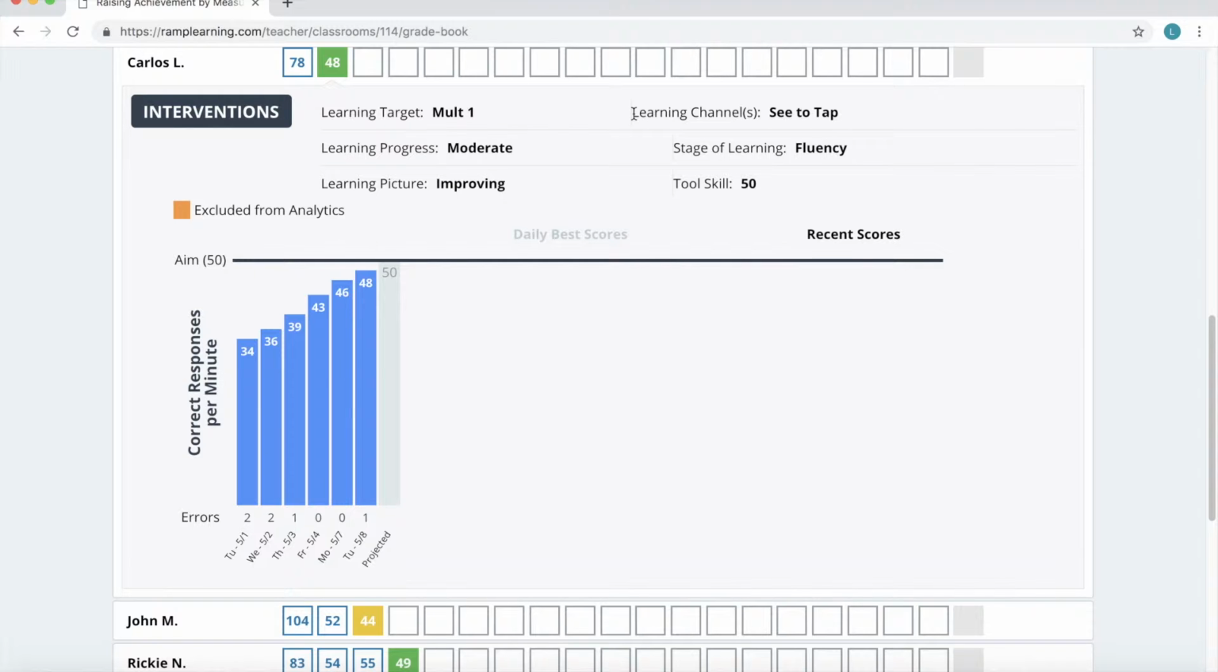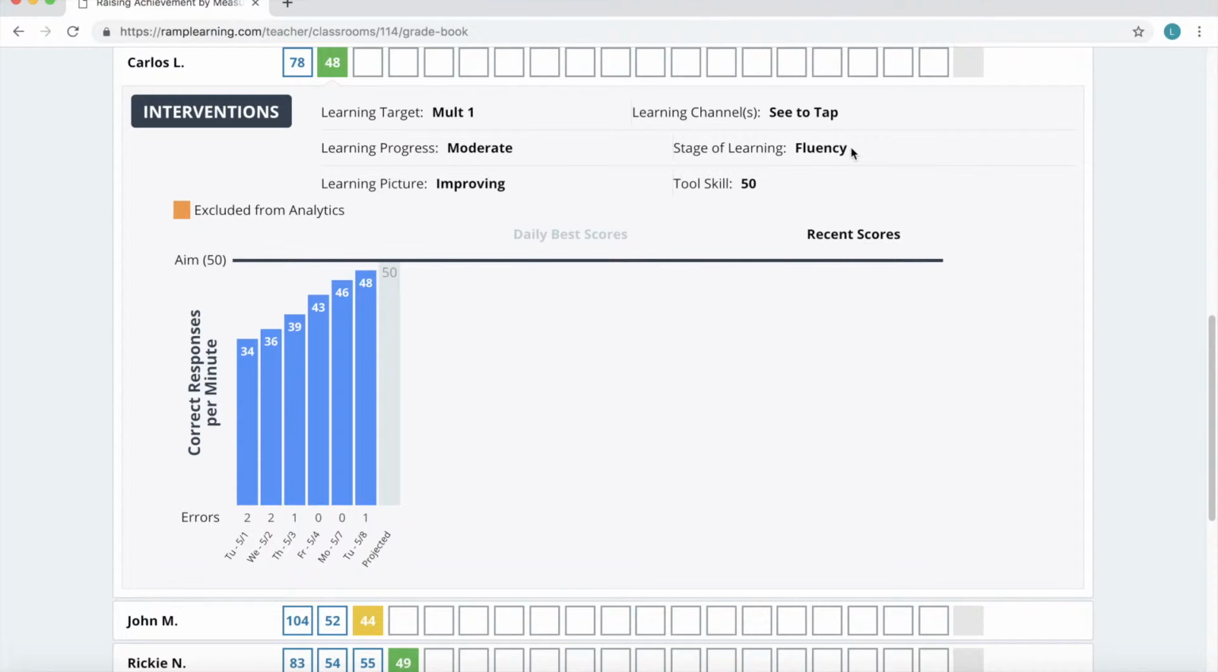Learning channels indicates that for this learning target, a student is seeing a problem on the screen and tapping a correct answer. There are 3 stages of learning: acquisition, fluency building, and proficiency. Each stage requires the teacher to use a different type of teaching strategy. Carlos is in the fluency stage, so practice, encouragement, and positive reinforcement are the strategies most likely to help Carlos